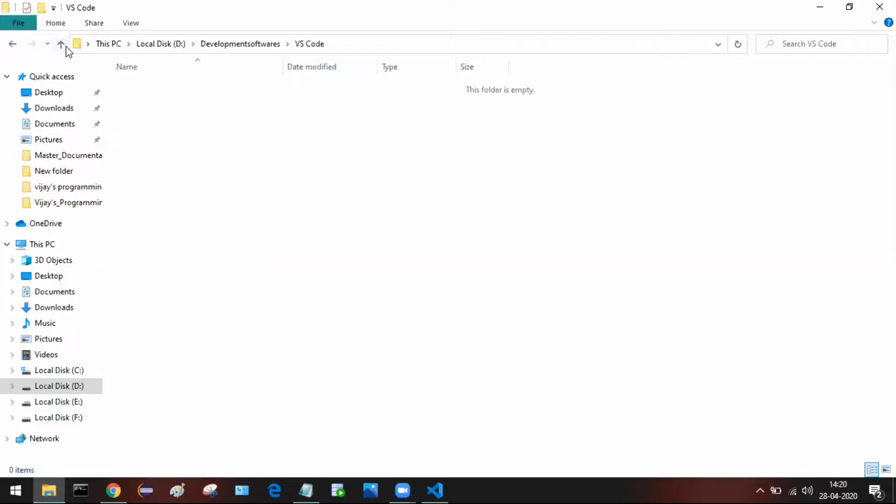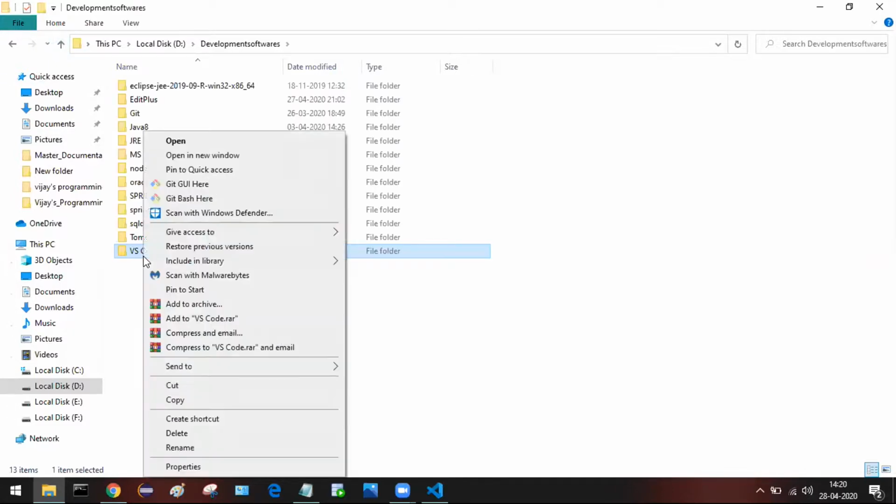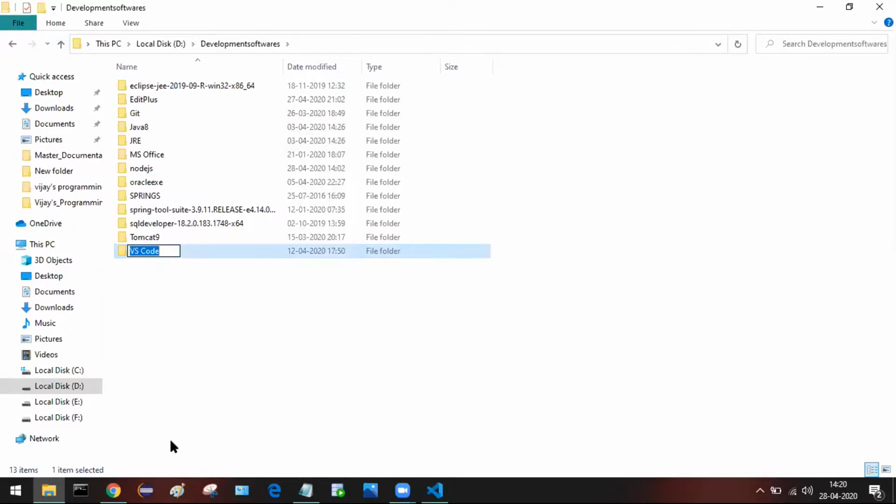I'll just rename it, removing the space here. We don't need to give any space. To avoid future problems, you should avoid spaces in the folder name. VS Code, that's it, without any space.